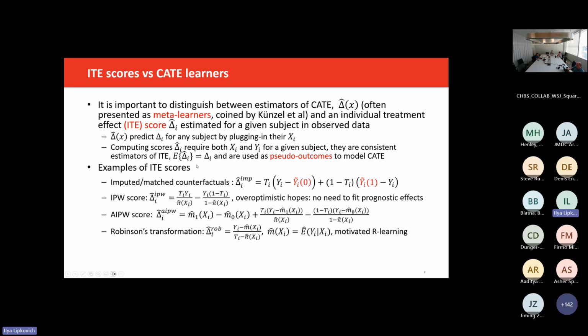There are many examples of ITE scores, and one idea is just to impute or match this counterfactual that is unobserved, which is shown here by tilde. For treated, you need to impute the hypothetical outcome under control. For untreated, you need to impute what would happen if you treated them. Then you can compute these scores.